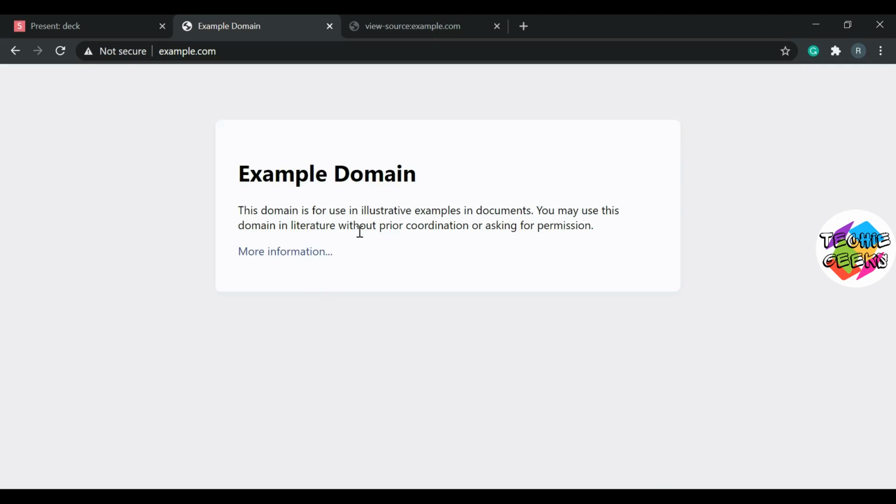You can see that apart from the pure text or heading, we have some background color, a box, and the color of the box is also different. The link provided by the HTML also has a different color. All this styling is provided by the CSS.